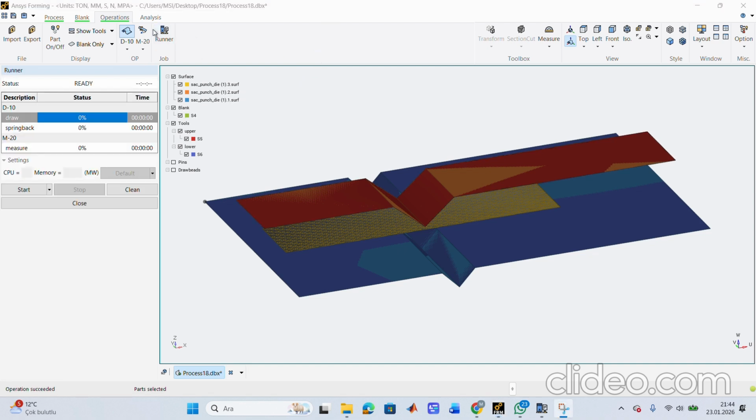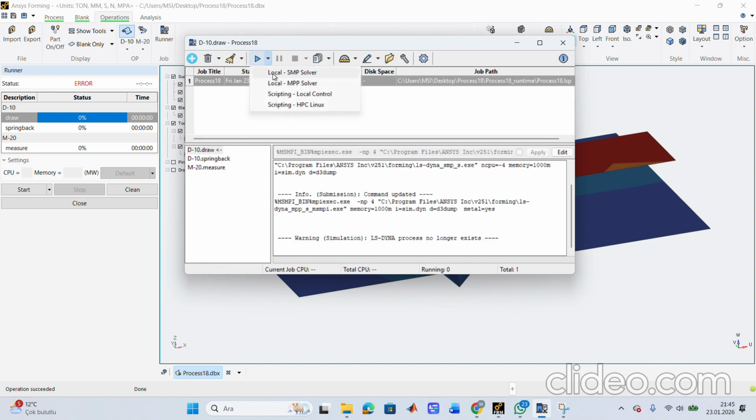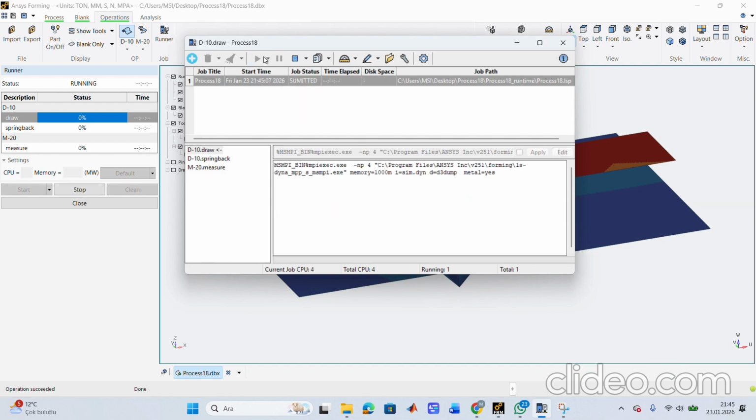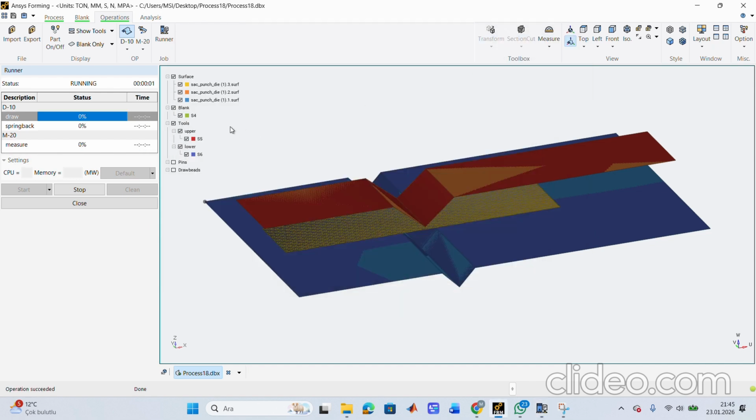Here, the analysis is ready and I click Start. This is running. And this error is normal and we come to running jobs and click Local SPM Solver. It will take some time.